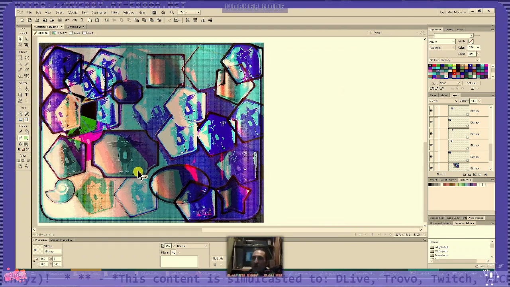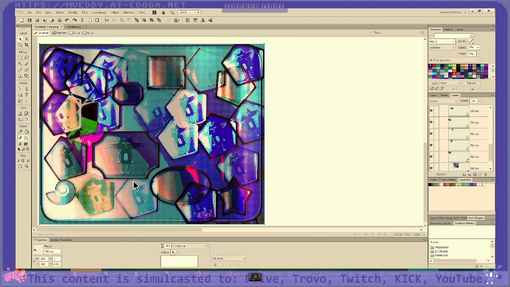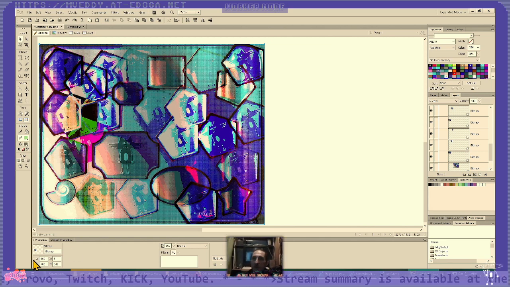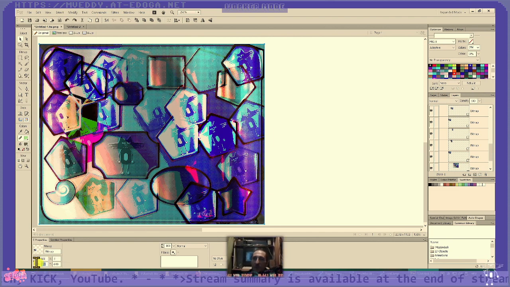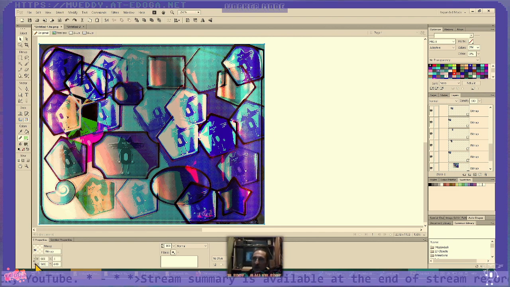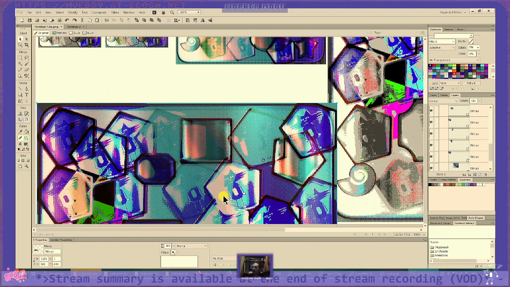This image is already dithered by the content. And now I would lock this constraint proportions and go again 960 style, and this would be